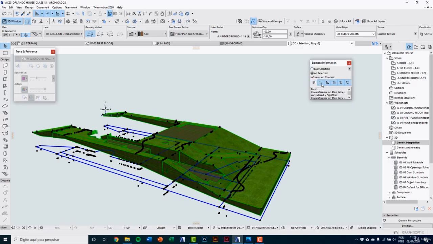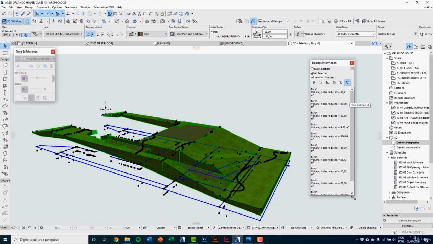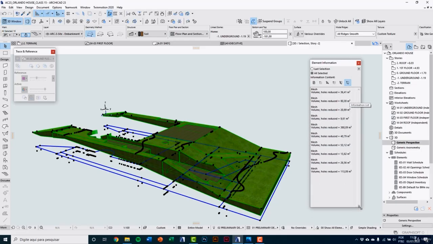I turn off all buttons and keep just the last, volume. And here you expand this window. Selecting these meshes, we have the volume of each mesh displayed here. I can add the values and we get something about 770 cubic meters